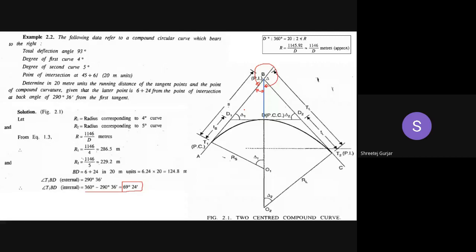It is a bit complicated to understand the first time. You can practice at home. You will understand it clearly once you practice it. So this particular problem we will solve in the next class.